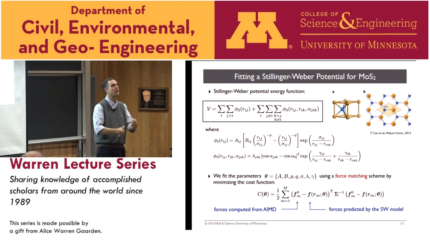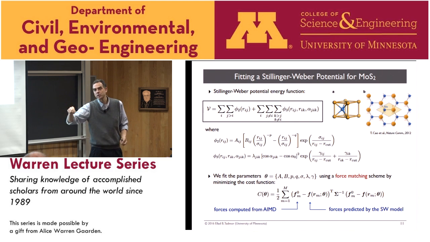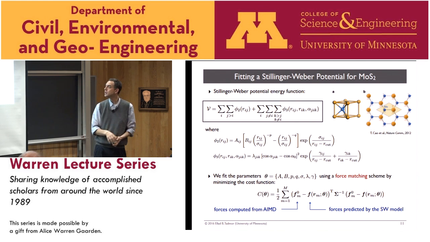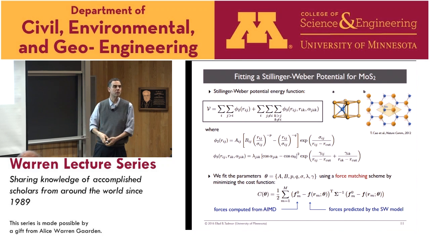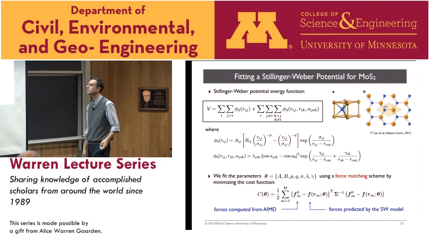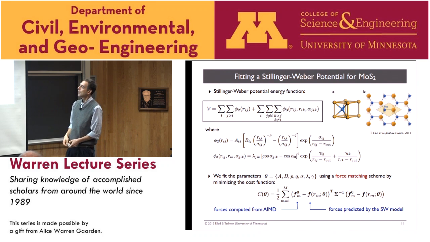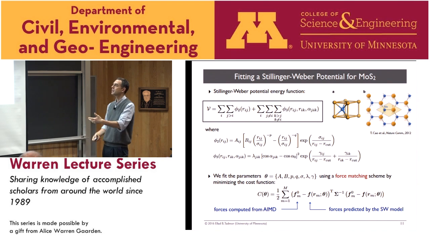So we do a molecular dynamics, a dynamical simulation of quantum mechanics. And we watch a trajectory, and we get a bunch of forces for different configurations. And then we try and choose the parameters that give the best forces from the model, in best agreement with the first principles. That's called force matching. Okay, so that gives us a model, and that would be something you could then use to do simulations.